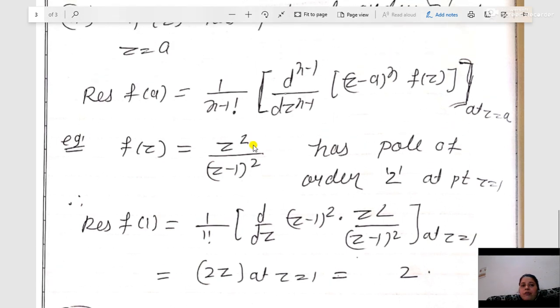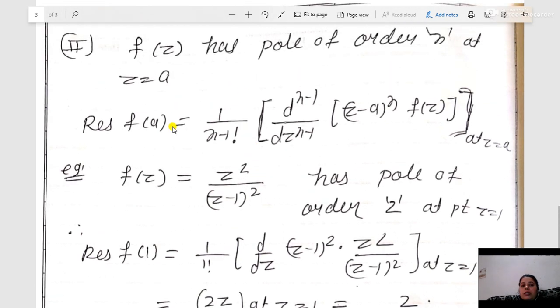So we have to use the formula to get the residue. The formula is for a pole of order n. So in place of n, we have to put 2. So the residue at f(1) is calculated using the formula 1 upon factorial 1 into d by dz. In place of n, we have to put 2. So it is only the first derivative of (z minus a) to the power n, that is (z minus 1) square